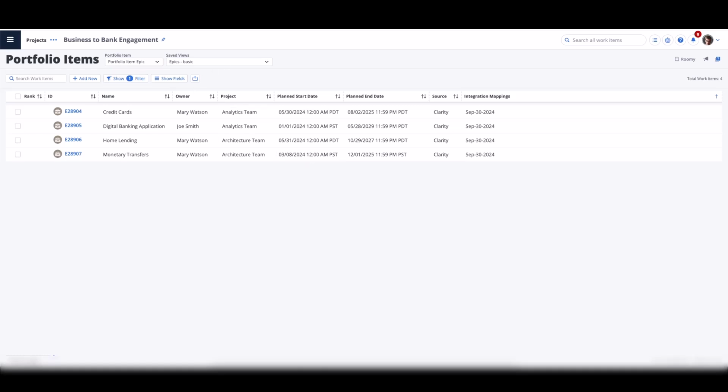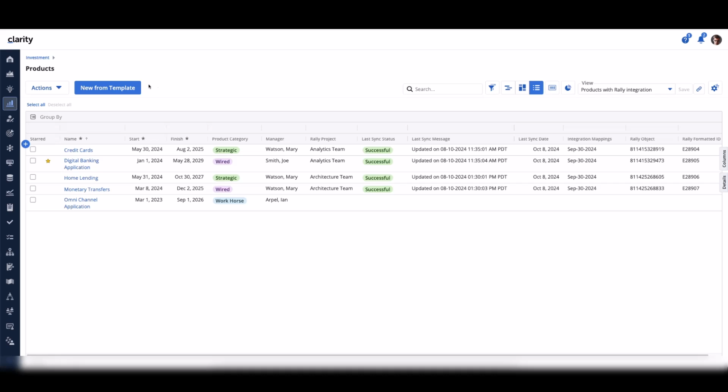I'm going to then just go back to Clarity. And one of the things I wanted to point out here was the last sync status message. Success, failed in either Clarity or Rally. Now I've used the normal out of the box color mapping capability to color that.